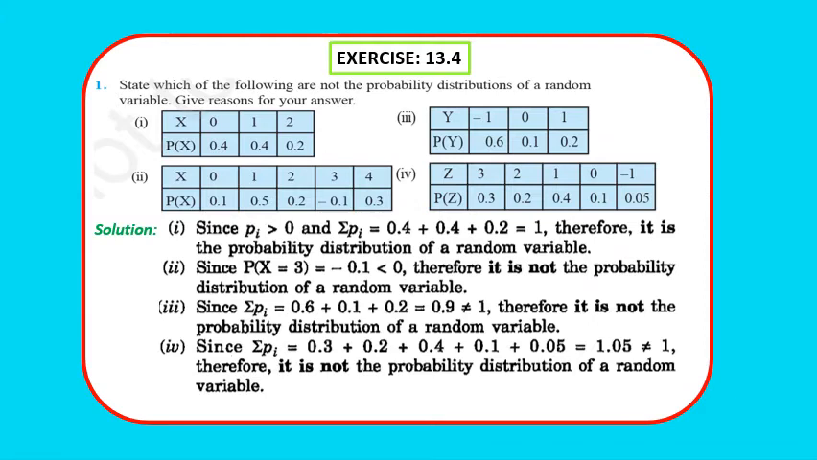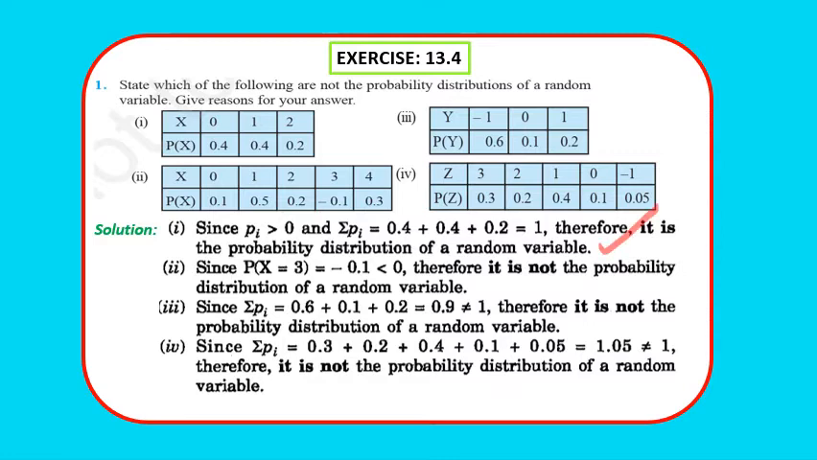So let's start exercise 13.1, and question 1 is, state which of the following are not the probability distributions of a random variable. Give reason for your answer. First one is x equals 0, 1, 2 and P(x) equals 0.4, 0.4 and 0.2. Now by definition, since all the probabilities pi are greater than 0 and their sum, that is 0.4 plus 0.4 plus 0.2, is equal to 1, therefore